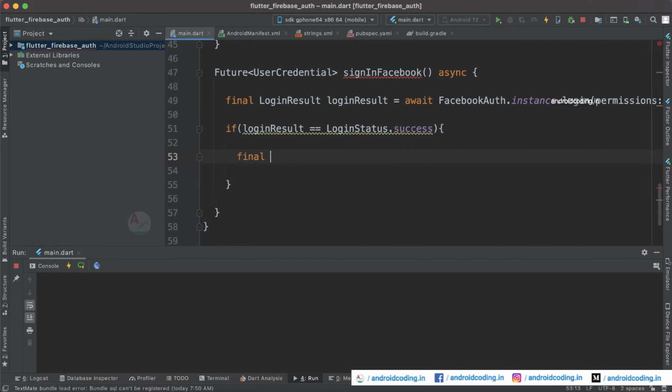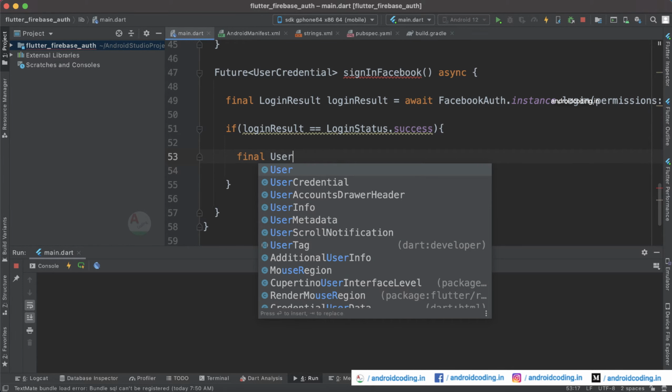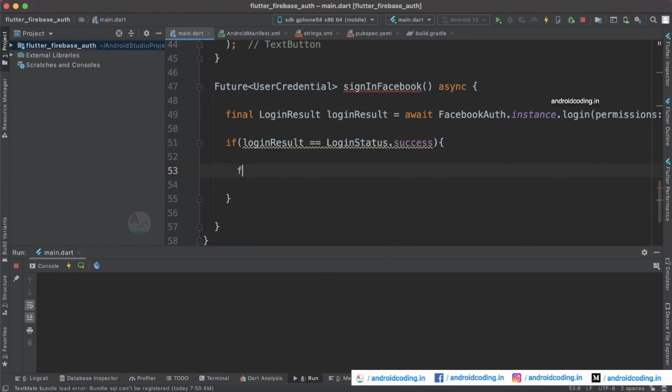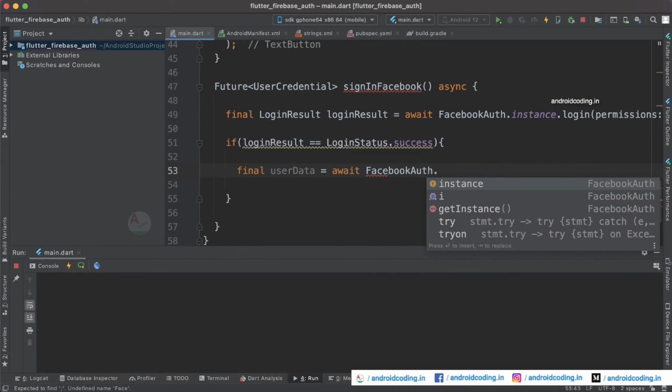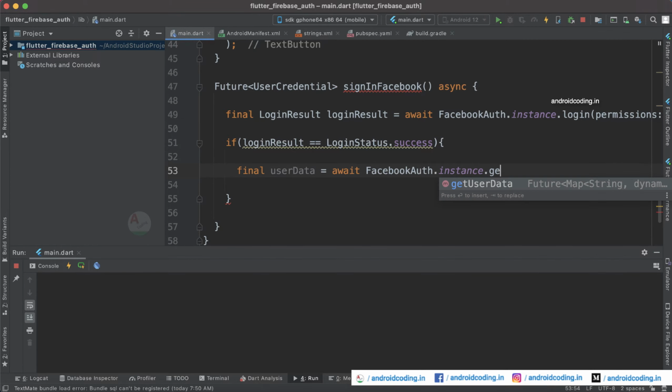So final userData. Let us fetch the user information: final userData is equal to await FacebookAuth.instance.getUserData.